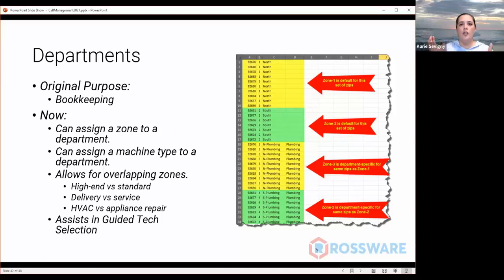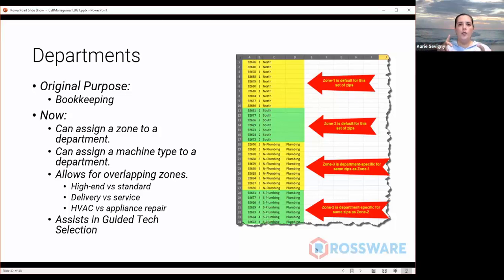You want to make sure that you have appropriate capacity for both types of machines, and you don't want to have the technicians cross over. You don't want your high-end guys working on the standard machines. You want them all focused in their particular niche markets so that they are most efficient and you guys are making the most money. So by allowing these overlapping zones, you can have a delivery zone and a service zone,